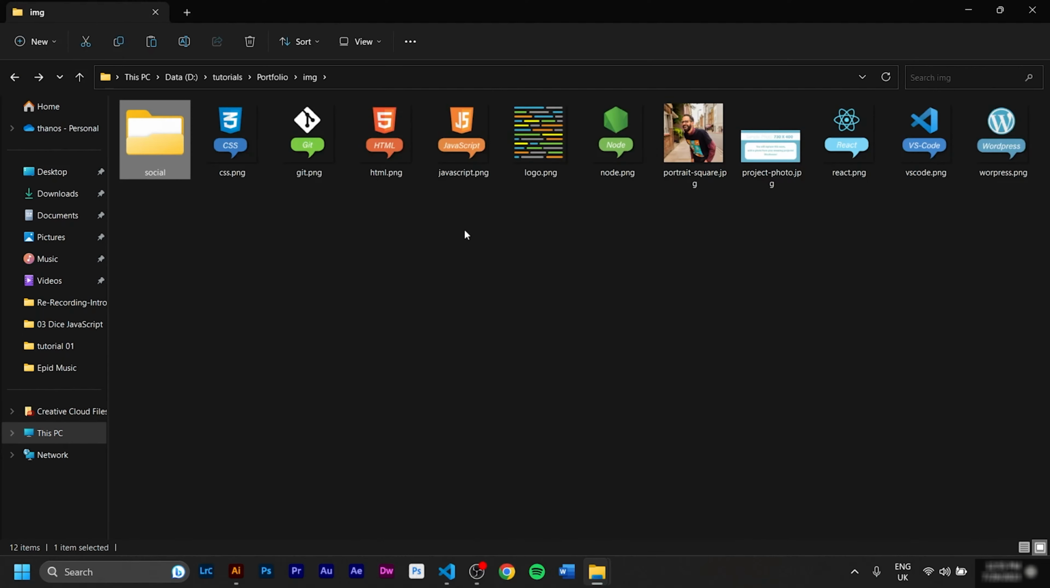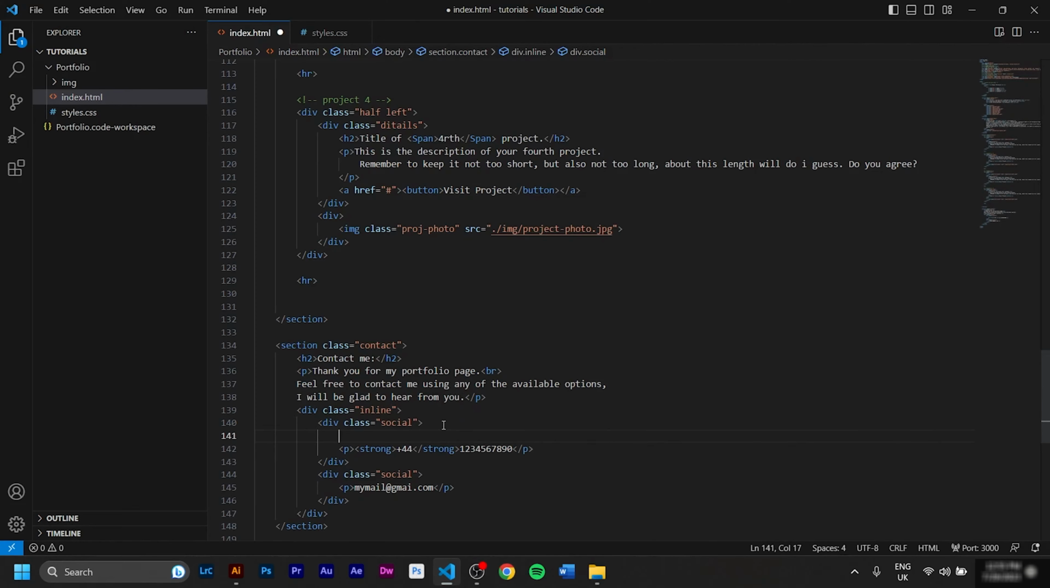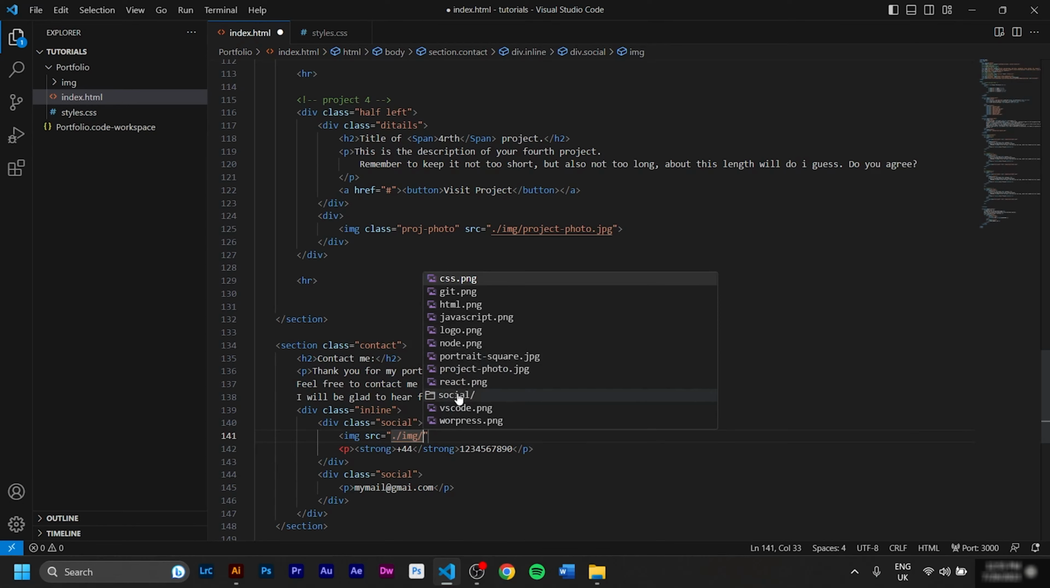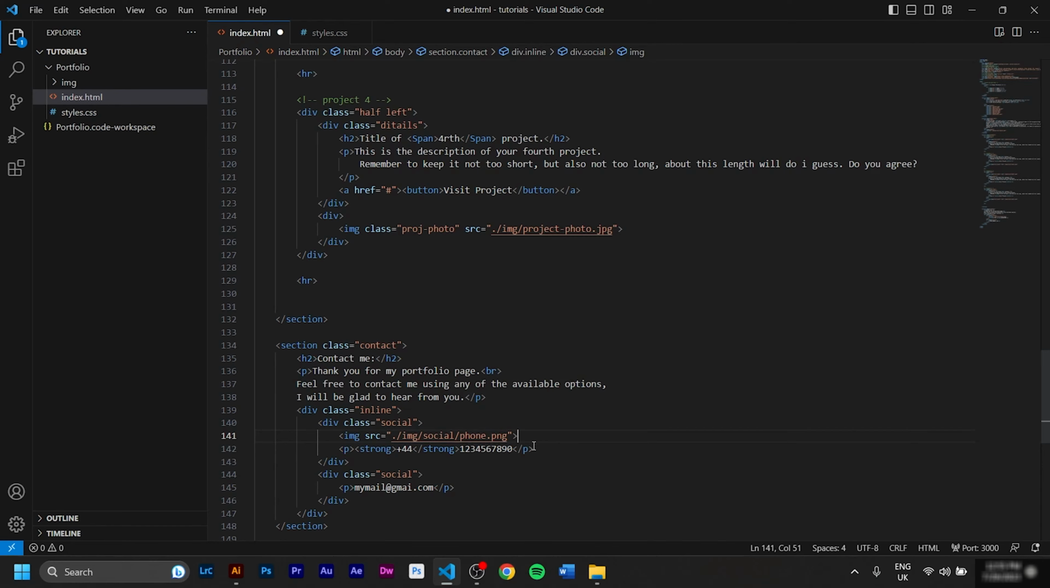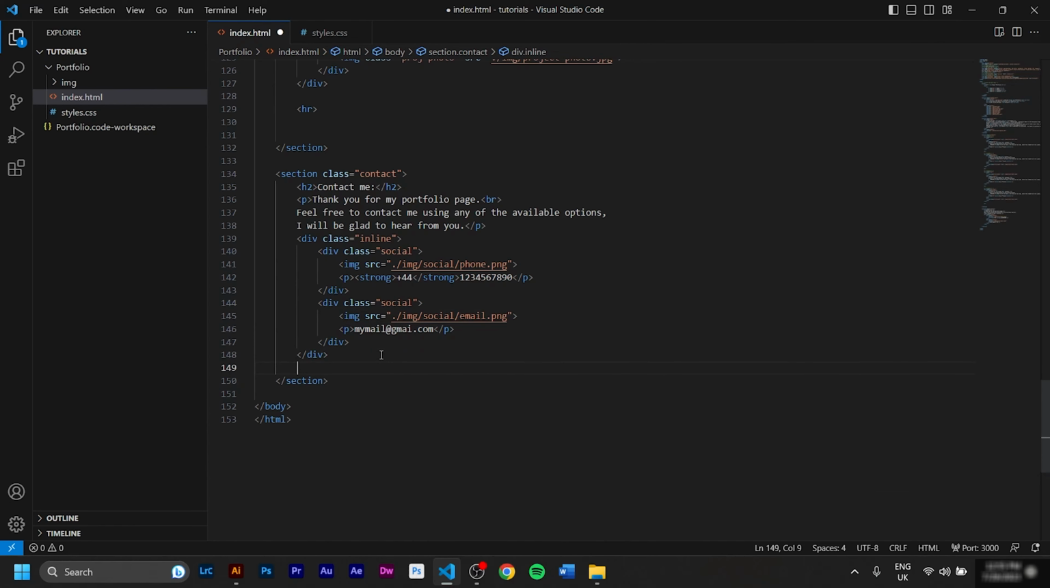We are not in the army here, so let's go back here and add our image with a source. We hit /, we go inside the image folder, we go inside the social folder, and I grab the phone one, close the tag because it's a self-closing tag. We do the same for the email here. After that we'll have one HR, boom, and after that we'll have one div to rule them all